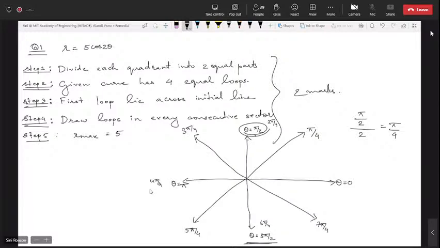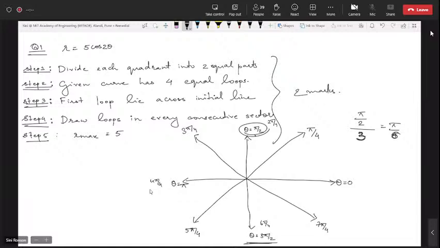Suppose here we were dividing each quadrant into three equal parts, what name would we give to every radial line? You would now have divided pi by 2 by 3. So can you tell me what would be the name of every radial line in that case? Pi by